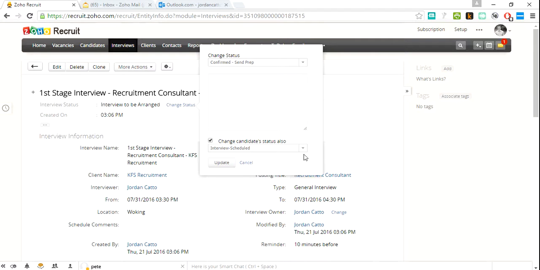Change candidate status also. Rather than interview to be scheduled, change it to interview scheduled. At that point, when you click update, that will send the preparation document, pulling all the information that you've entered, which is why it's crucial to enter the information correctly. Do not send the preparation document until this interview has been fully populated. If you don't know certain things, that's your chance to go back to the client and check prior to sending the prep. Now if you click update,